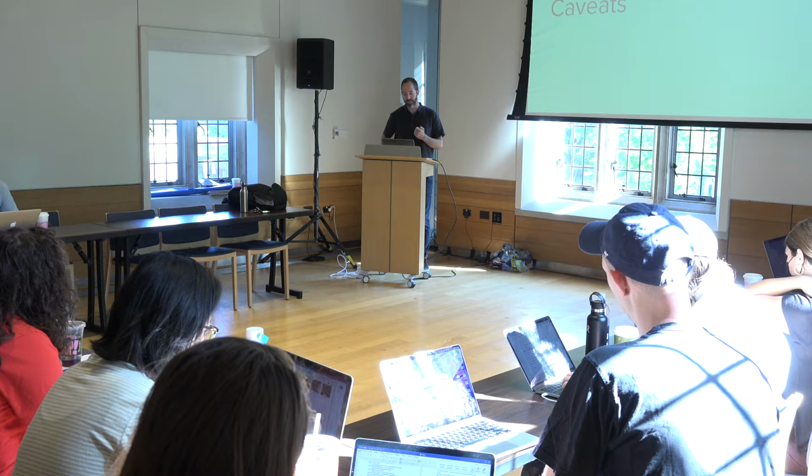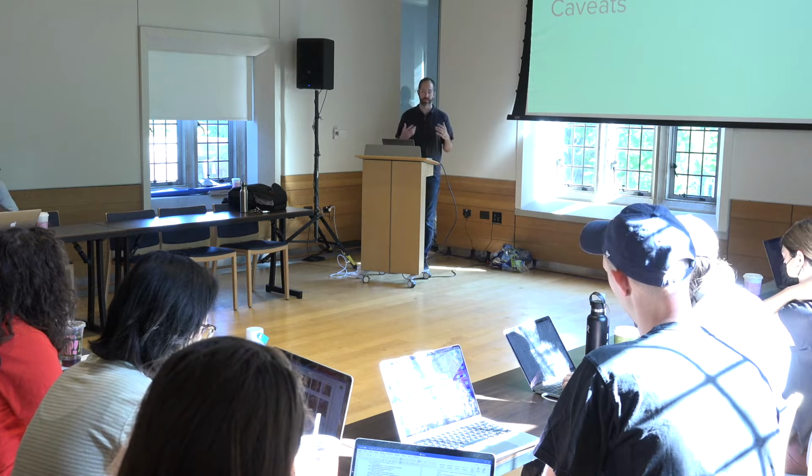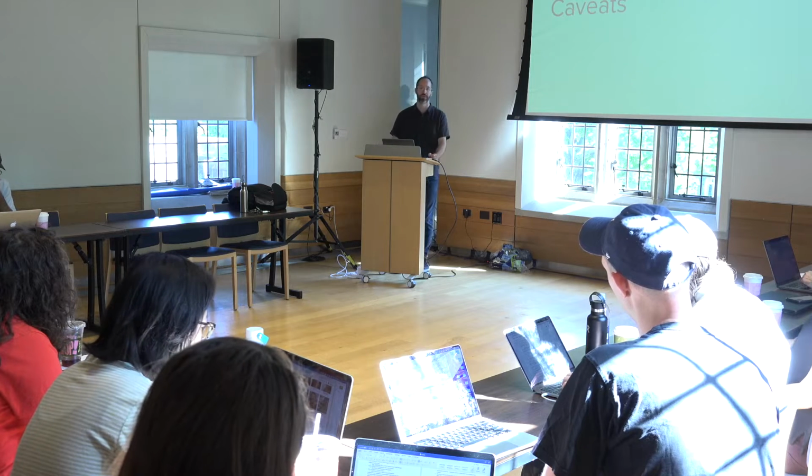I want to also say that no single person trying to talk about this topic can really be authoritative. Our field, computational social science, is comprised of many different fields, so the way things work in economics journals could be very different than the way it works in, say, social psychology journals, and the way things work at a journal like Science are very different than the way things work at a journal like the Proceedings of the National Academy of Sciences. So I'll try to go over some of those differences today, but I just want to give the general caveat that there are exceptions to almost every rule in publishing,